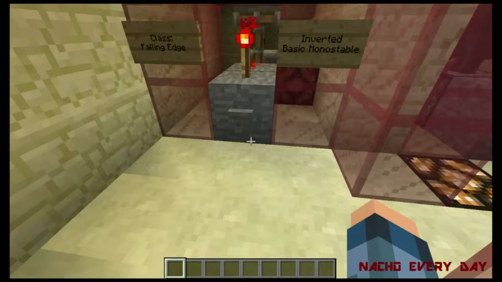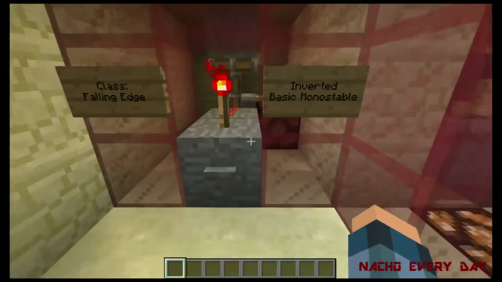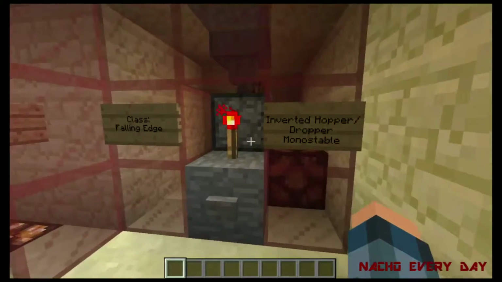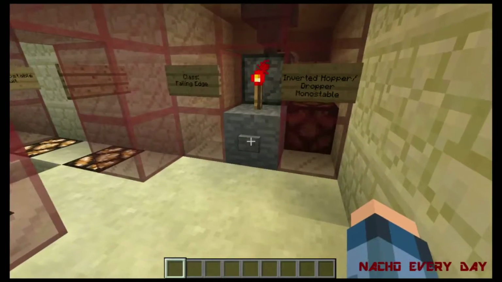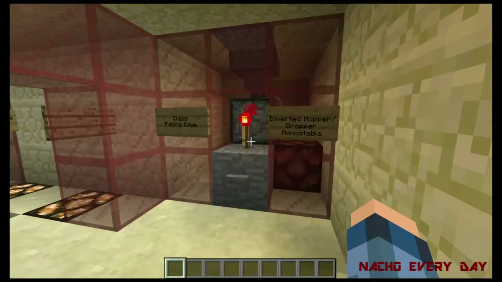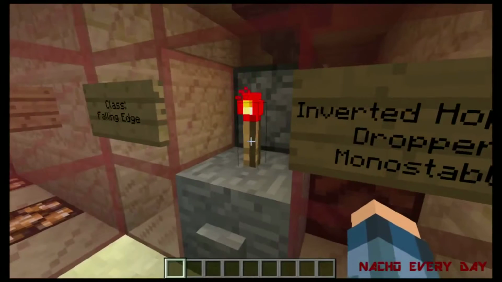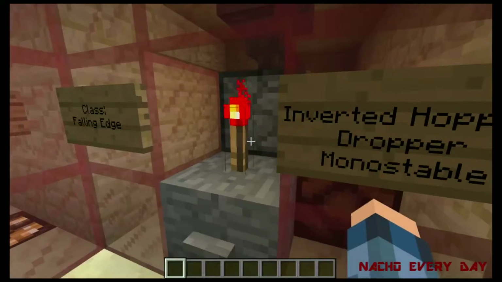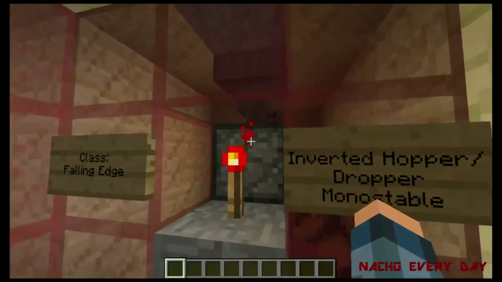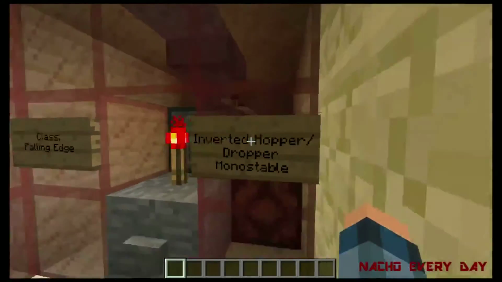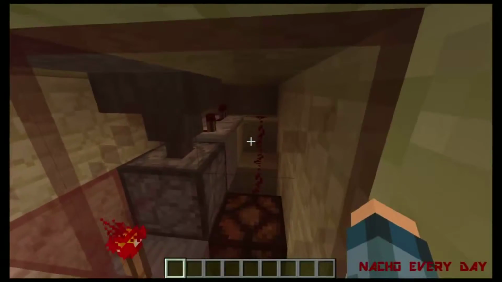But yes, that is the basic inverted monostable, falling edge. And this is the inverted hopper slash dropper monostable, another falling edge. What happens is, this is another delayed one because you can see it has to wait for that to turn off and then turn back on, and then you can get the dropper that shoots that item up and then back down, and then once again, because this is a hopper slash dropper